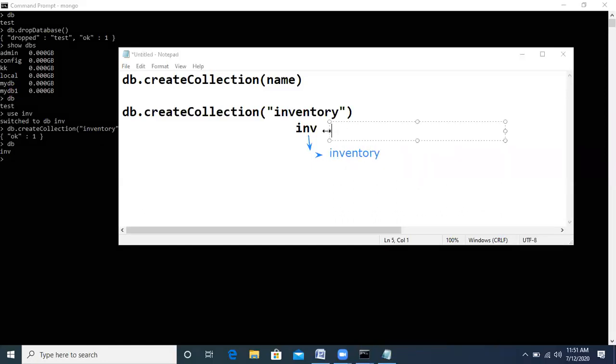So this inf is basically a database, and this inventory is basically a collection.